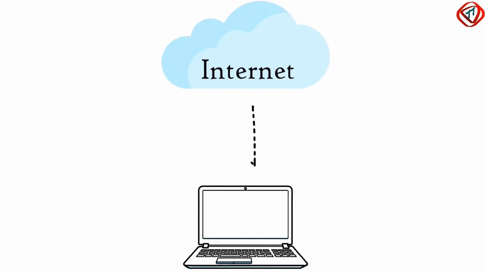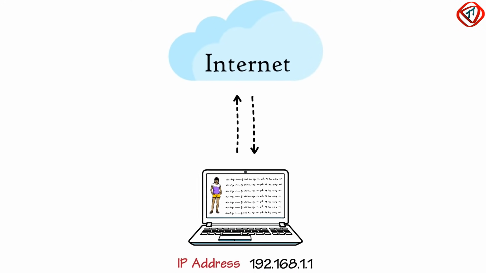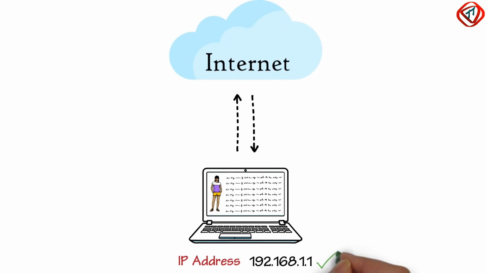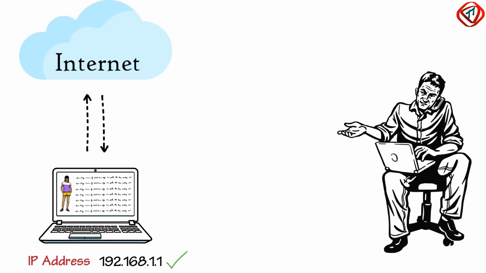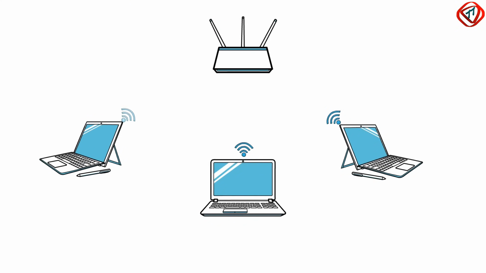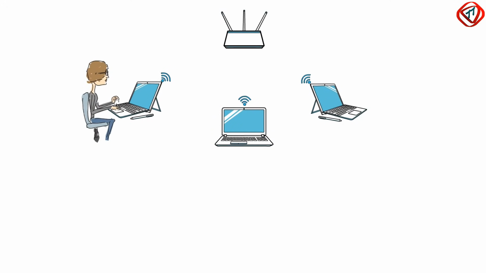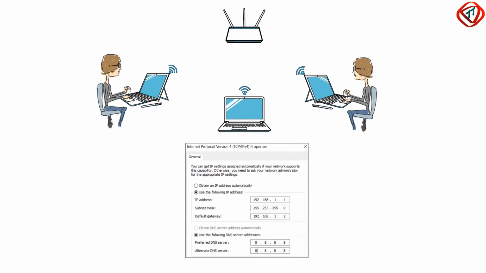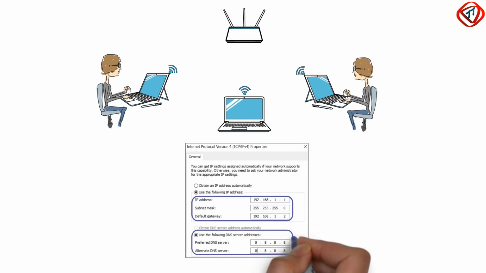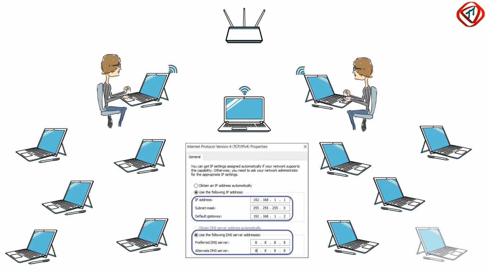So, to make the internet accessible, an IP address needs to be assigned to your device by the network administrator, and it can be done either manually or automatically. If the network has only 3 laptops or hosts, the network administrator can go to every device and set TCP/IP settings manually on each host. However, if the number of hosts increases to 250, it would be practically difficult to configure TCP/IP settings manually